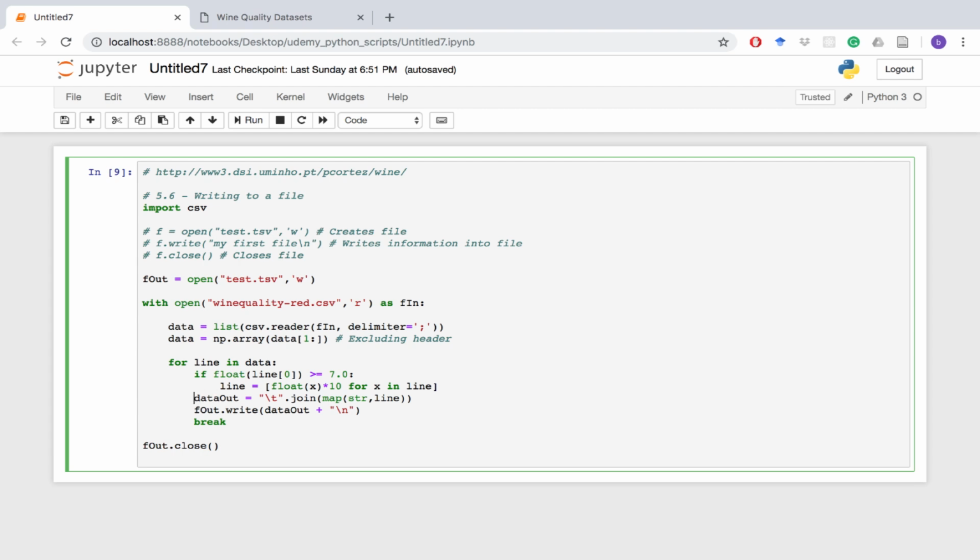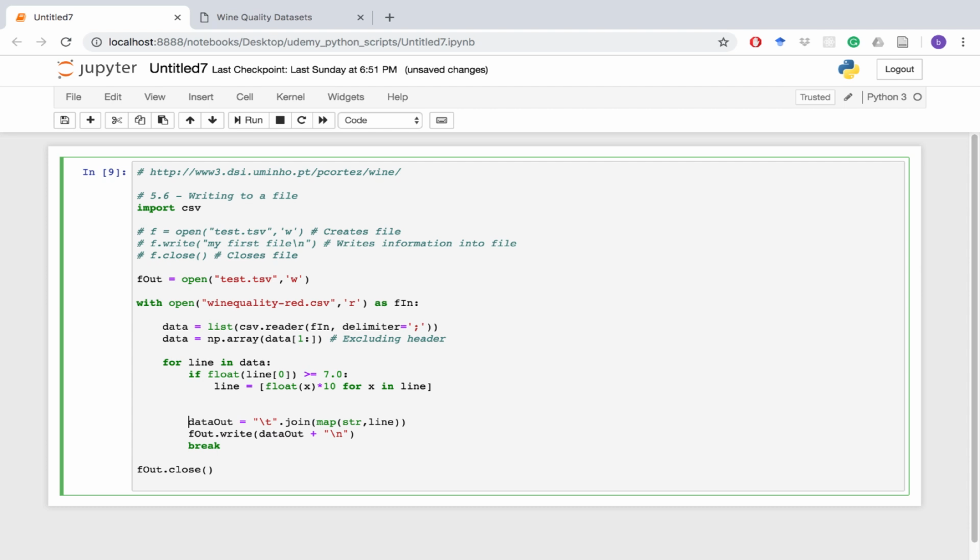The next thing you usually want to do, once you've done all of your data manipulation, is prepare your data to be written out. That usually takes 2 lines for me, because I have my embedded list of lists, that's what the array is. And now, remember when we write out to a file, it needs to be a string. The first thing I wanted to do is take my line, my row of data, and make sure that